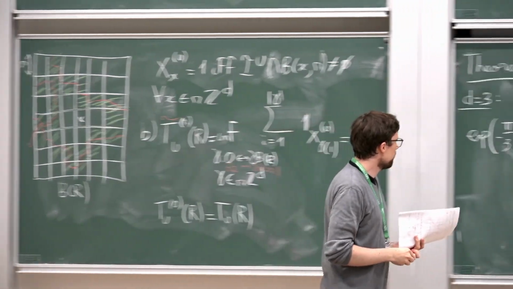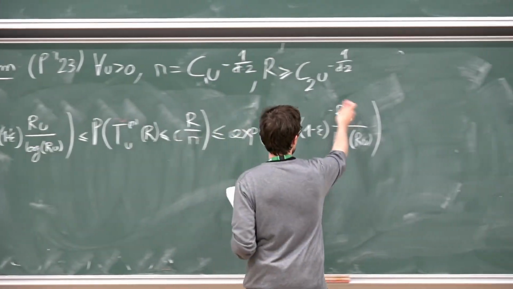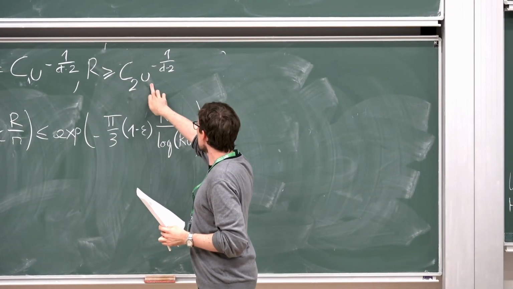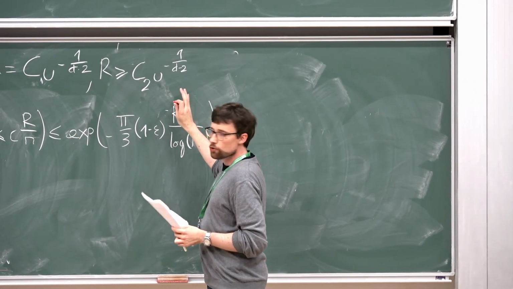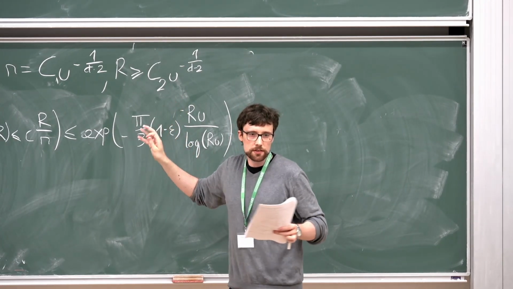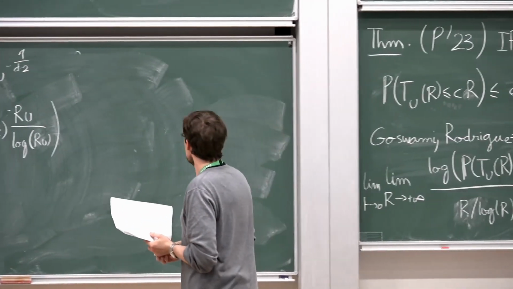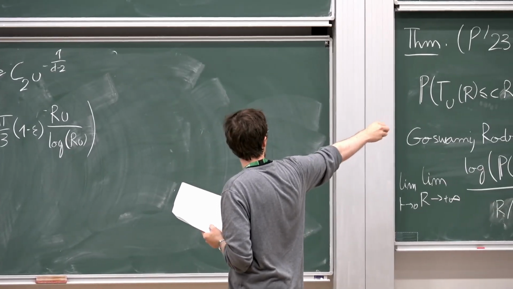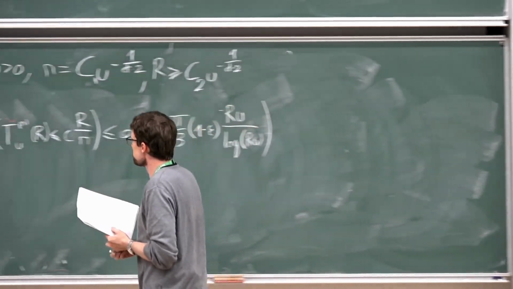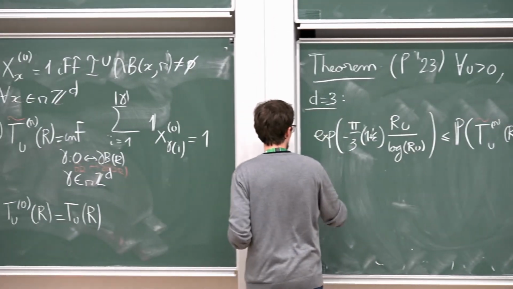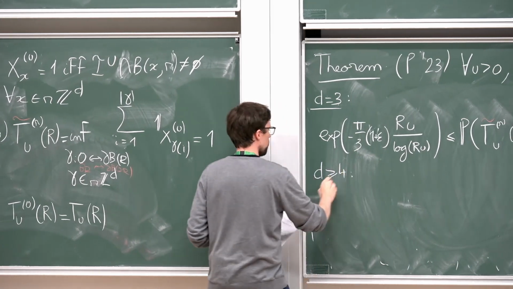Okay. But the moment this exponential kicks in, that is the moment that RU is big enough, then you already have this result. So this is, if you want, in a sense, a near critical result. Okay. This is the first main difference with the overall result on the right. And moreover, you also have,